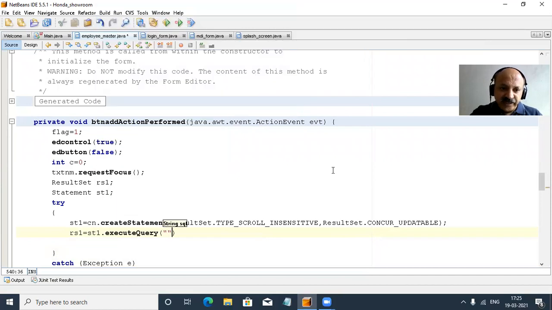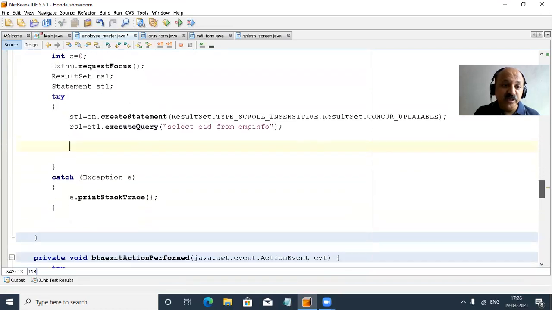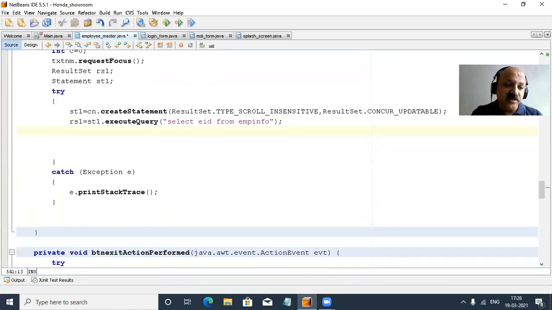So we can take it as a query, and we can say select not asterisk, only employee id, that is our field name, from emp info, that is our table name, and that is the first field, and that is a primary key. So we can count how many records are in our table. There is no record, because we have just started our insert coding.